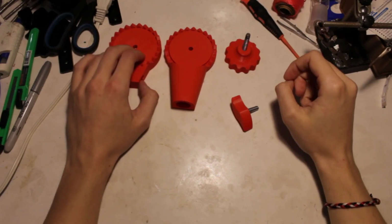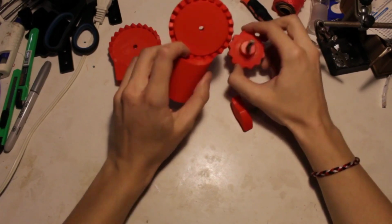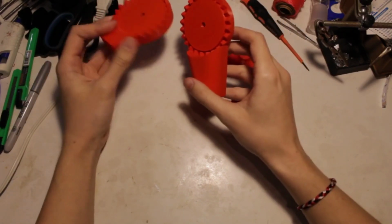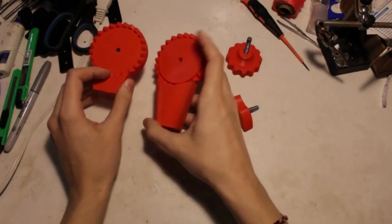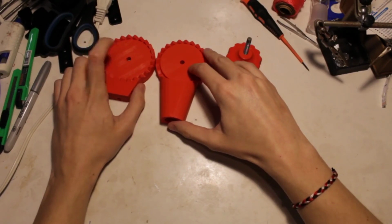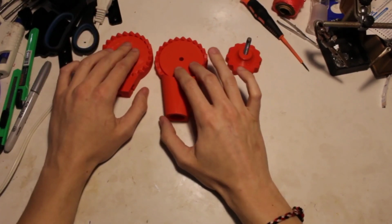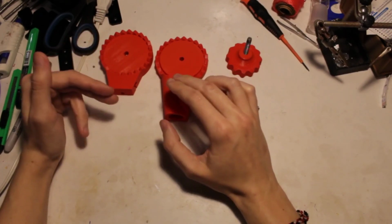Alright, so all the pieces are done and they're ready to be assembled, but I wanted to talk to you all about the designing of them. I'm pretty awful at designing, but I do know a few things about 3D prints and how you want to design them so that they can be the strongest possible, for what it is. It's just plastic. So if you're wondering why the teeth, it has to do with the strength of the layers of a 3D print. So the weakest point of a 3D print is any force going perpendicular between the layer